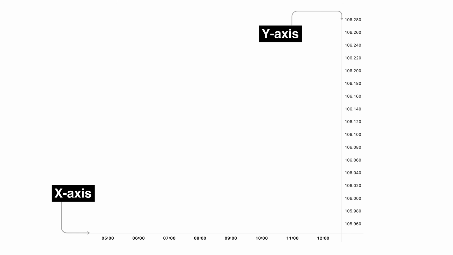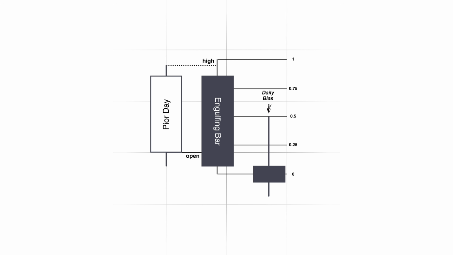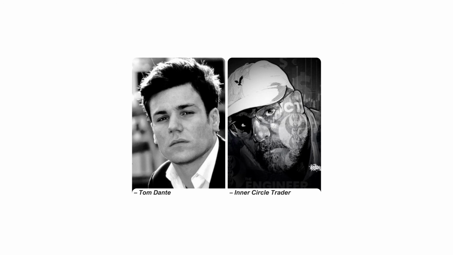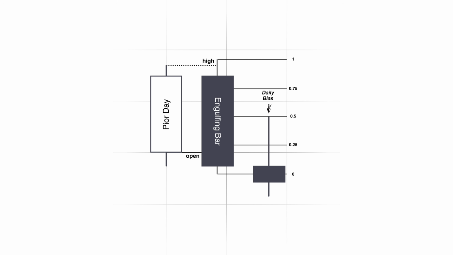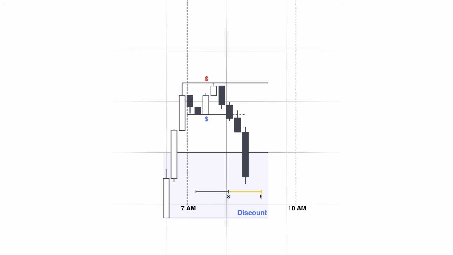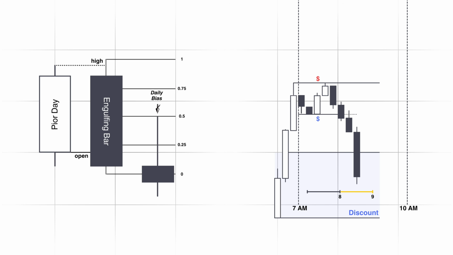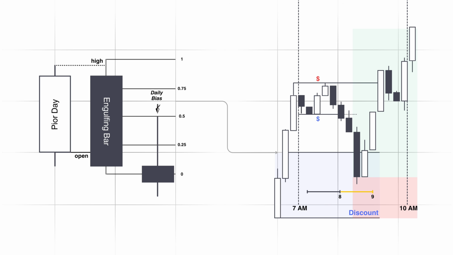And once that is done, we get into part 2, which is the stage as in my engulfing bar play. This is the flagship system I built after many years of trading under several mentors like ICT and Tom Dante for nailing daily buys with over 88% accuracy. This serves as the prerequisite to trading the golden hour, meaning before you trade the golden hour, you do this. Why? Because as part 2's name suggests, the engulfing bar play sets up the stage for the golden hour to shine by telling us which direction it's going to form in.